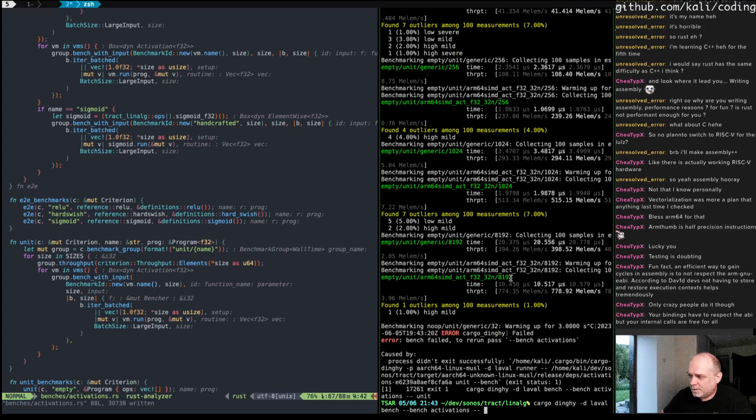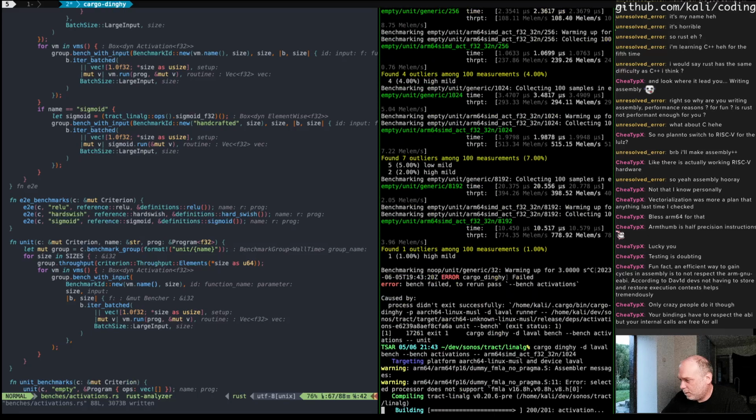The problem with this is, that's a limitation of the filtering. I would like to do empty, I mean, so it's unit empty blah blah 8000. So I would love to be able to put a star in the middle, but I can't. It's not supported by the bench selector. So we will do it like that, and we will tolerate